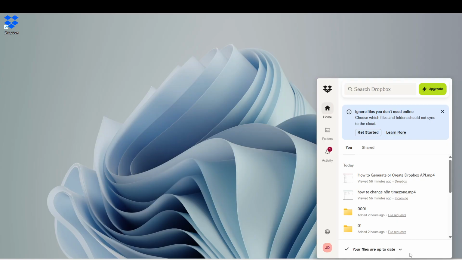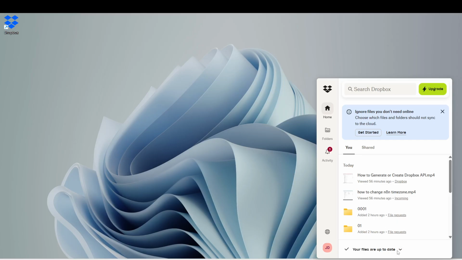You might see syncing along with the number of files remaining and the estimated time left for the process to complete. This means that Dropbox is actively transferring files to the cloud. It's important to note this because it reassures you that your files are being updated and saved. When you see this indicator, you can be confident that Dropbox is doing its job.